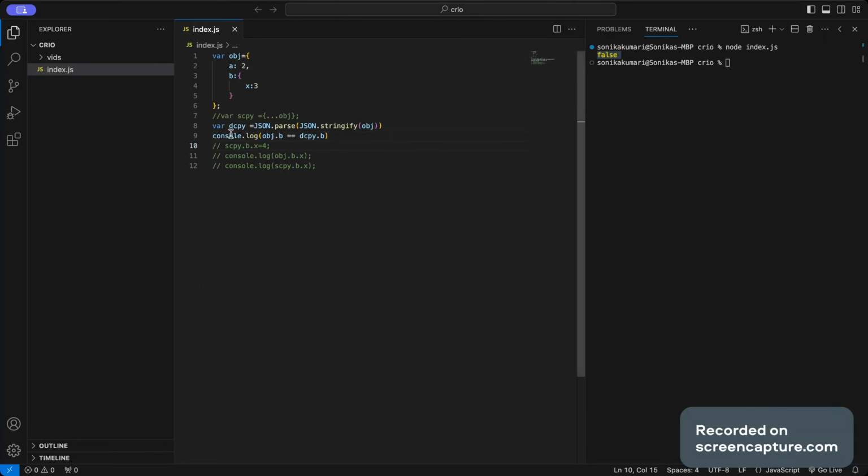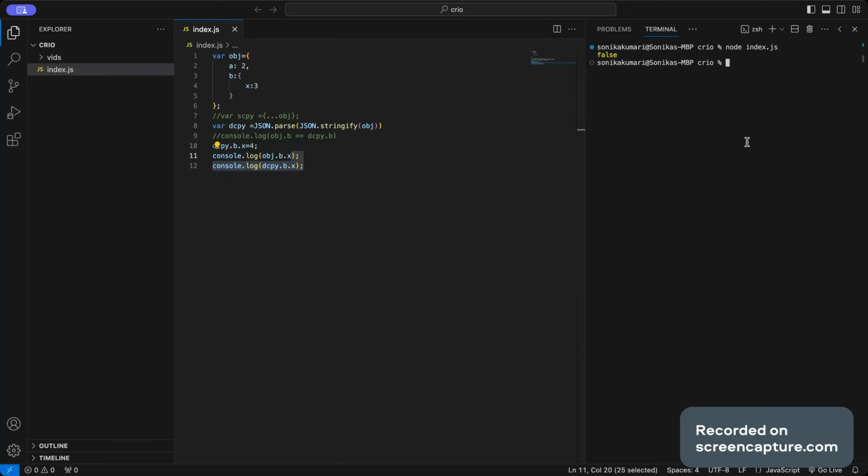Now we'll try to change the value of x of the copied object, and try to log both of them. Right.